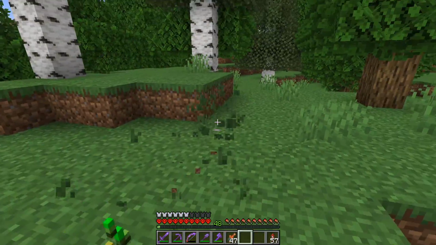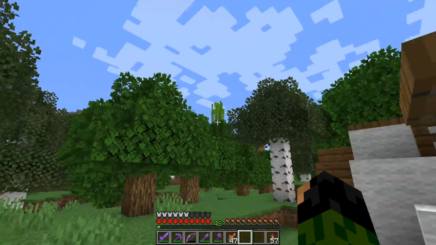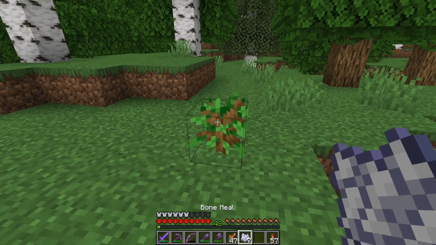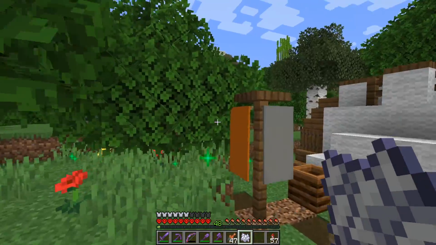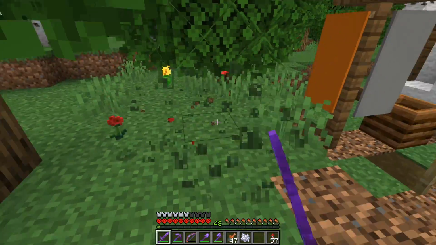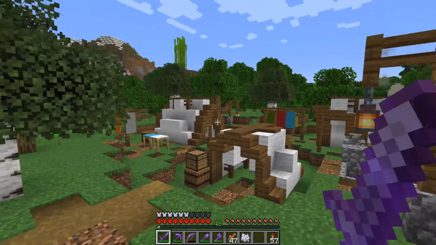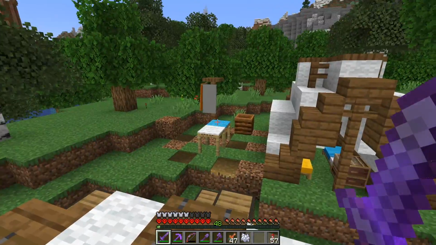And like here, for example, I feel like we're missing something here. What have we got around? We've got quite a few birch trees, so let's get an oak tree down, put some bone meal on that one, and hopefully we don't get a really tall one. No, that is a bit close there though, so let's break some of those blocks. But yeah, just planted in some more trees because it felt a bit too open and I wanted it to feel nice and enclosed and cozy like a campfire